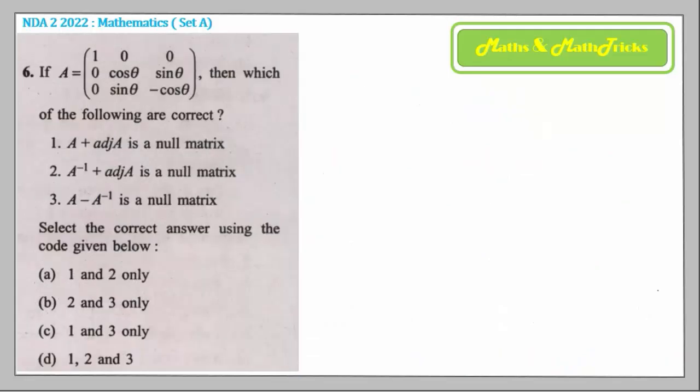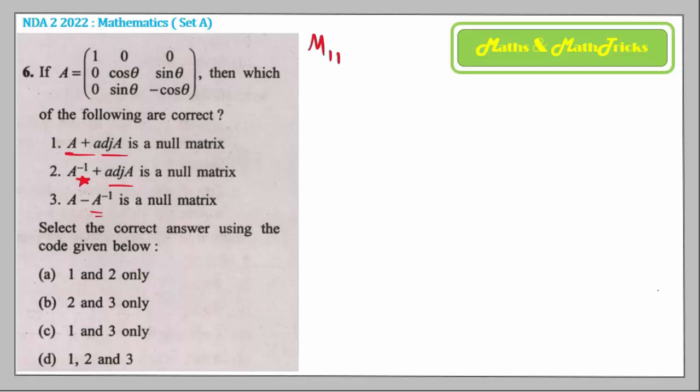Alright, coming on to the next question, number 6, process based. They have given us a matrix A and they asked us about adjoint A plus A inverse plus adjoint A minus A inverse. Anyway, to find A inverse you need adjoint A. So quickly we will find adjoint A, but for that you need cofactor entries, isn't it so? And for cofactor entries, you need the minor entries.